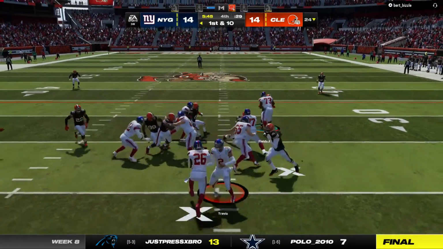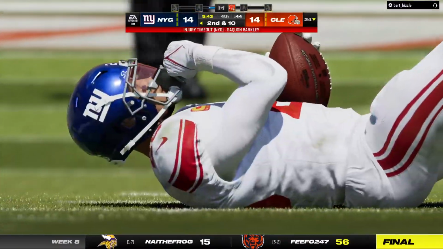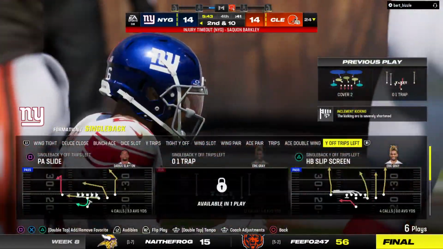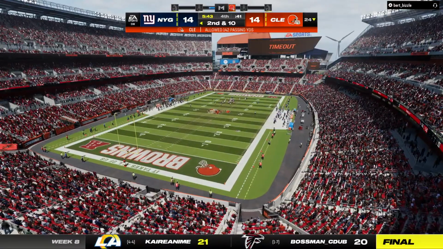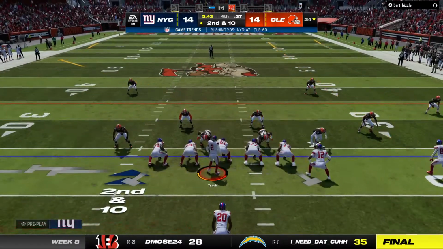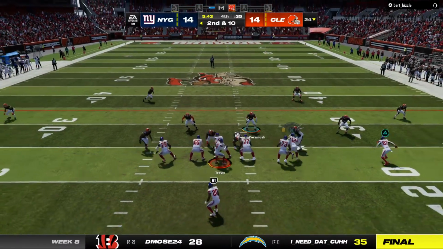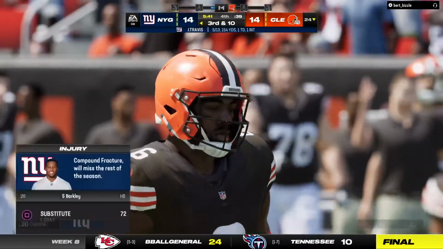Excellent job by their defense to force the punt and provide them with this opportunity, all tied in the 4th quarter. Well, now hang on here because Saquon Barkley is in some discomfort, so we're going to have a pause here for an injury. 2nd and 10. Well, the medical staff is going to come out here and take a look, and we will take a short break. They try to throw on 2nd down, but this one is